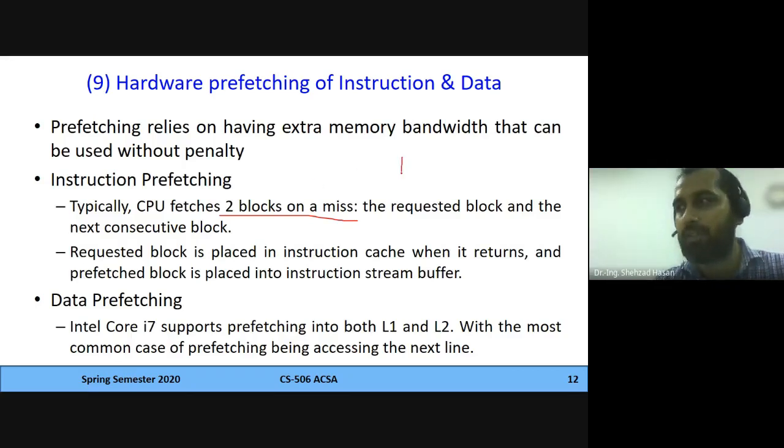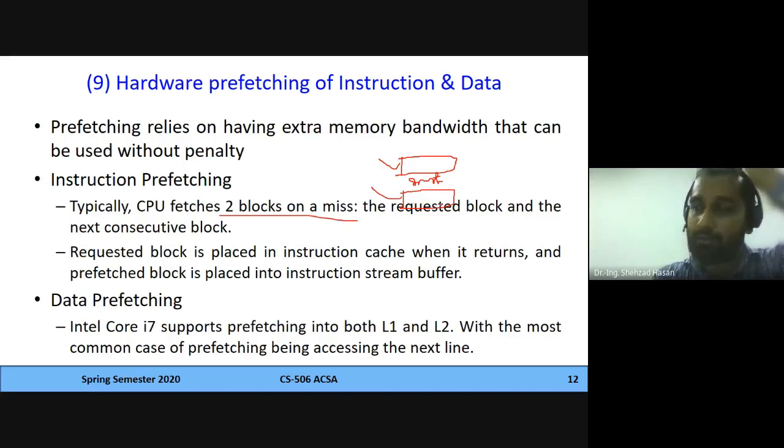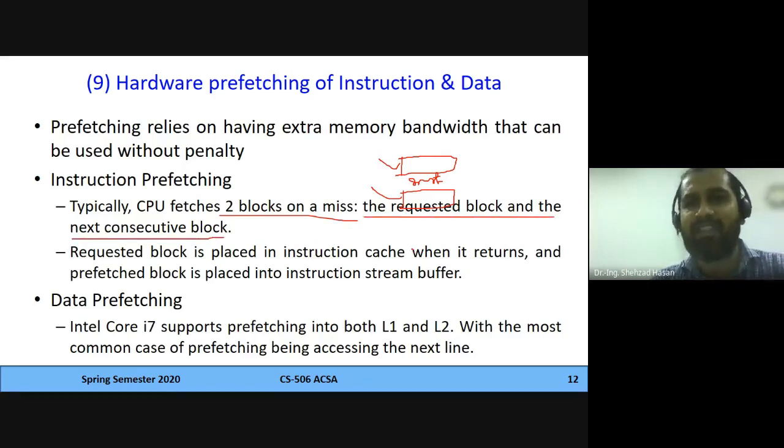So it maintains both of those streams. Whenever that instruction has been referred, what was the previous block that was referred to it, what the next block is going to be that is referred to it, all of that is also stored in different stream buffers. So even though you have random order, this can be different. The next block does not need to be consecutive. Here it's written that the requested block is the next consecutive block, but the later processors have changed that,